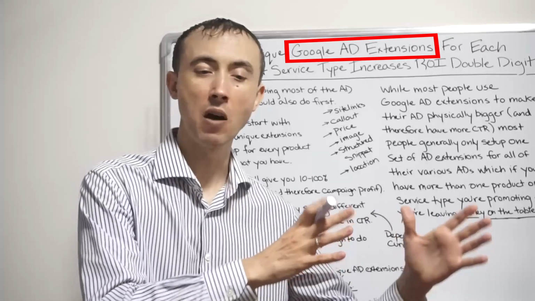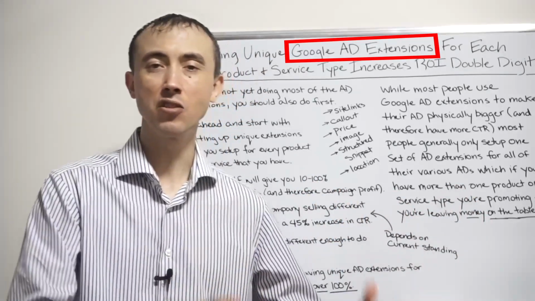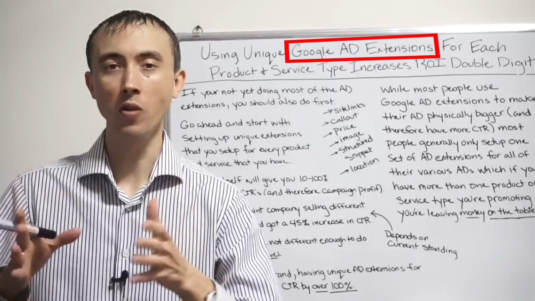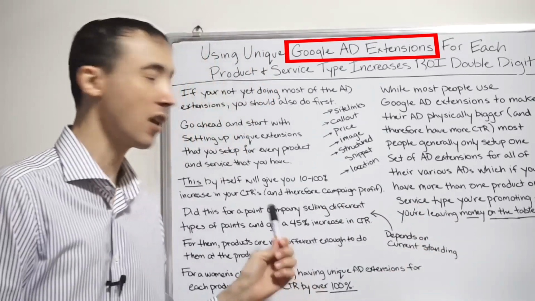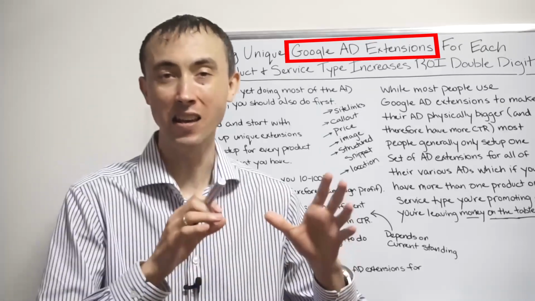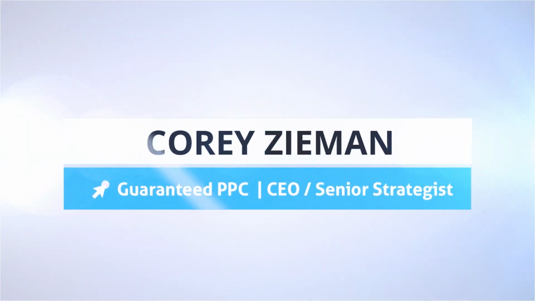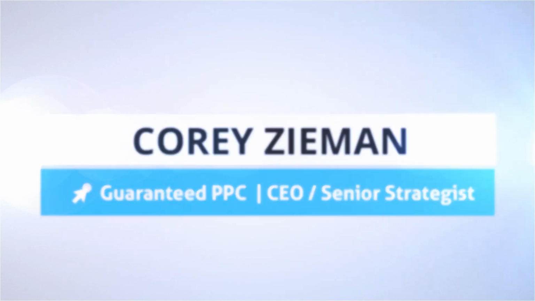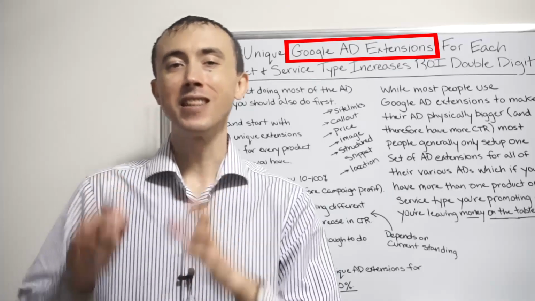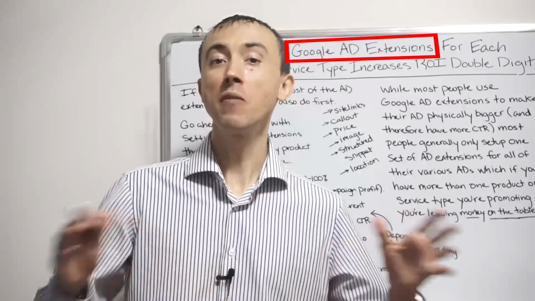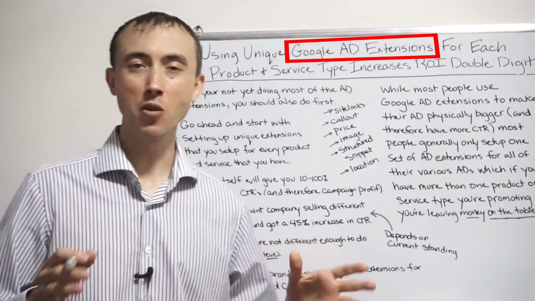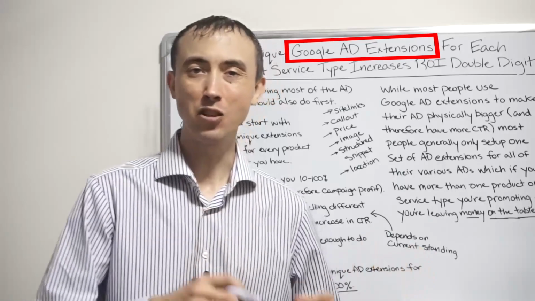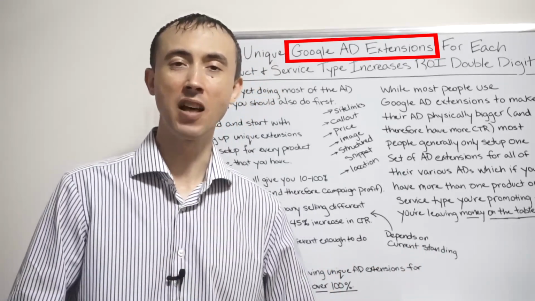This video, we're talking about having unique extensions set up for each product or service category that you offer, and actually taking it one step further for every individual item or service itself that you offer to get you even more profit from your Google ad extension. So anyway, there's a lot of opportunity with Google ad extensions for your business if you fully capitalize everything it